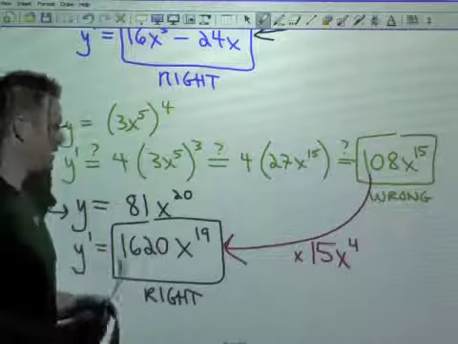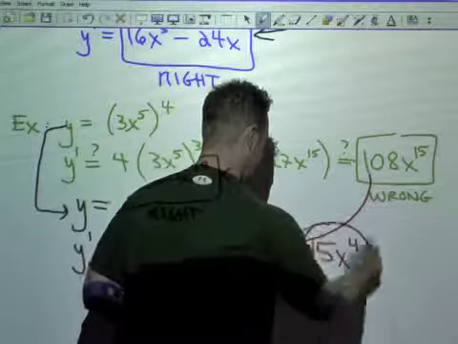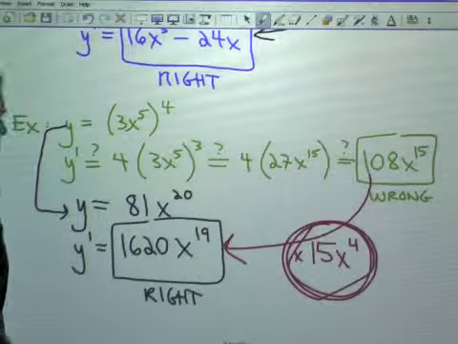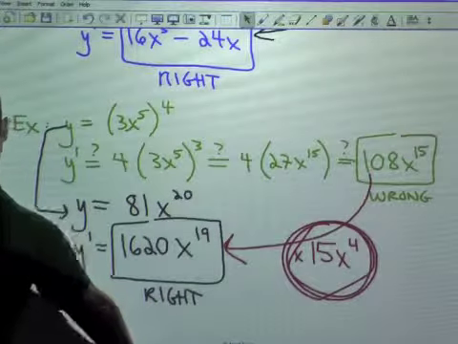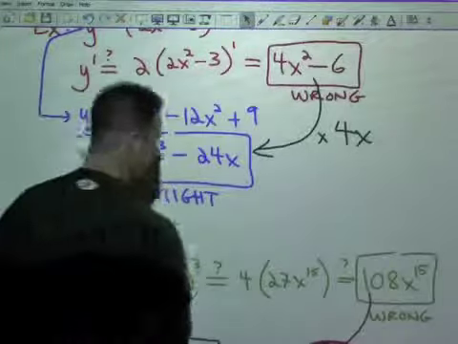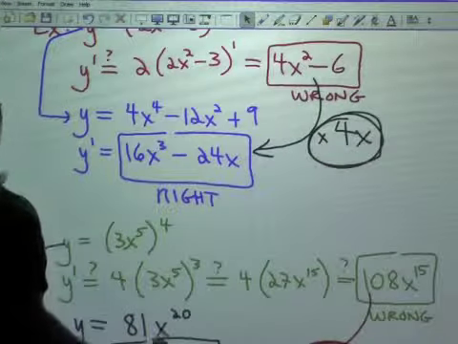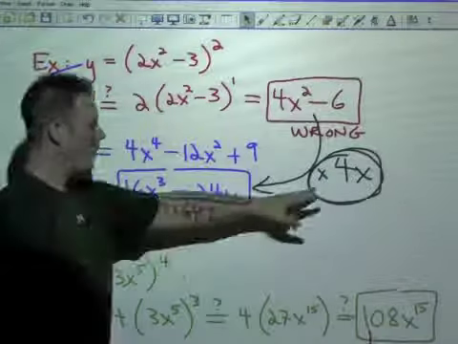Okay. Now the question is, how would you figure this out if we didn't already know the right answer? How would you have figured out that multiplication term? Back to the last example, how would you have figured out this 4x term? Okay. Well, look at the original problem. Where can